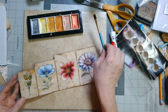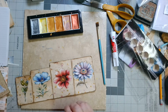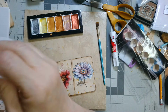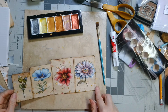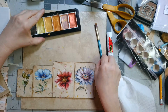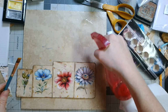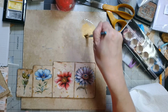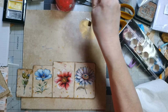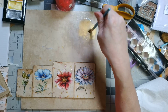Oops. That's not what I wanted to do. A little bit more than I wanted, but that's okay. All right. So there we go. I love it. Let me rinse my brush out here so it doesn't get all stiff. I don't have a cup of water out here, so